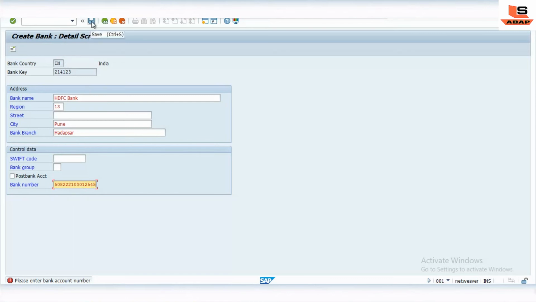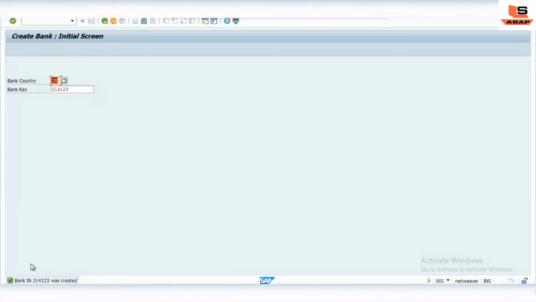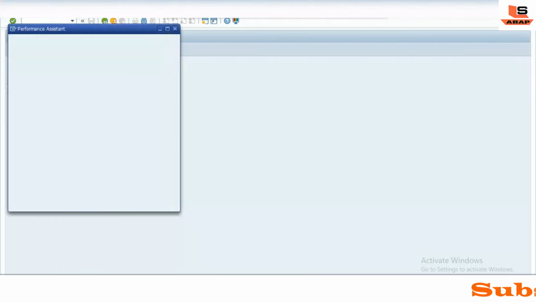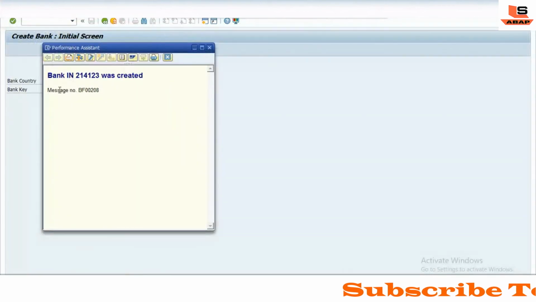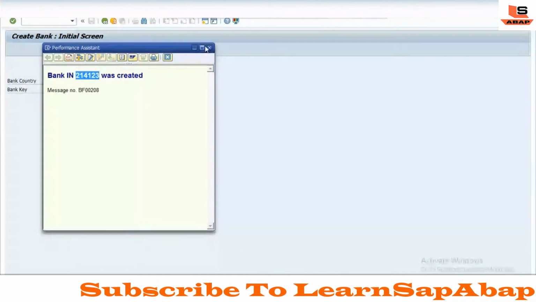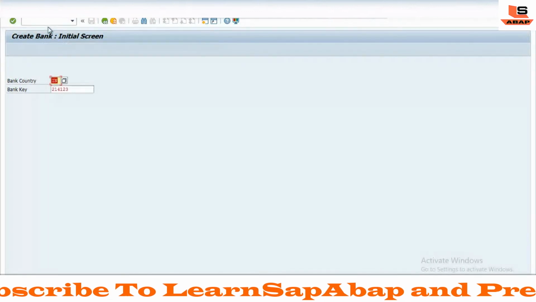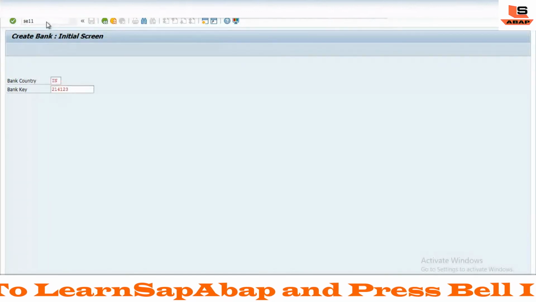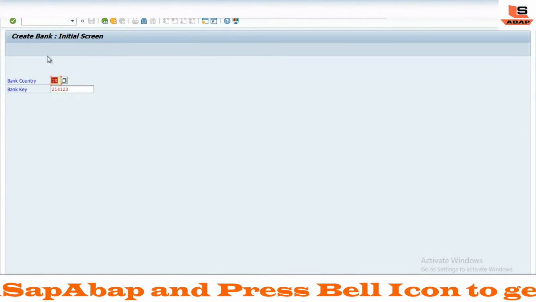Now we will try to save this. As you can see, the message says the bank was created. Now we will verify whether it has been created. We'll copy this bank number and go to SE11 to see if the bank is created or not.